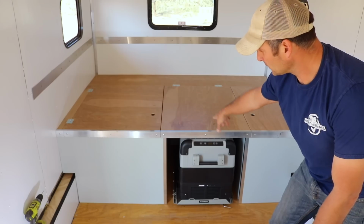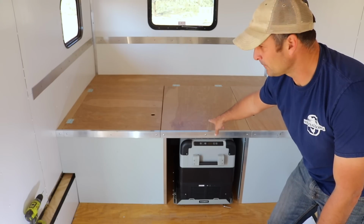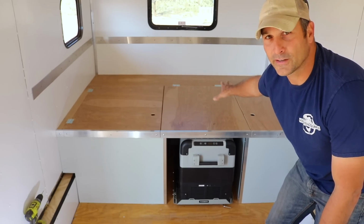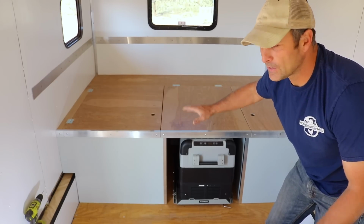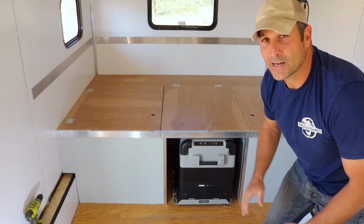rear bed platform and storage area for the travel trailer. It houses our brand new Dometic cooler and provides plenty of space for storage as well as serving as a sleeping platform. So I'm going to show you how I built that, and I do want to give a